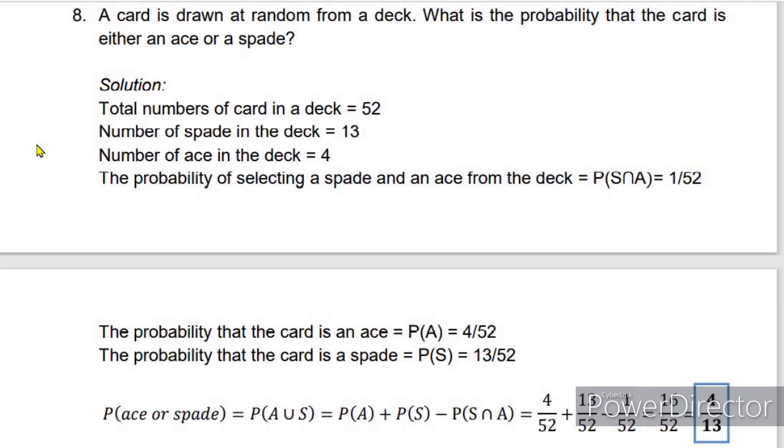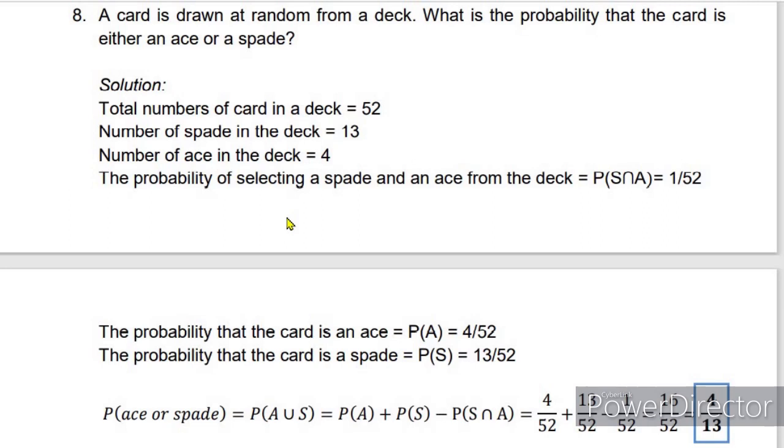So the probability of selecting a spade and an ace from the deck is equal to the probability of S intersection A, which is equal to 1/52. Okay, because we only have one selection. If you draw once, it is equal to 1/52, because you will draw once. So 1/52. Next, the probability that the card is an ace is,